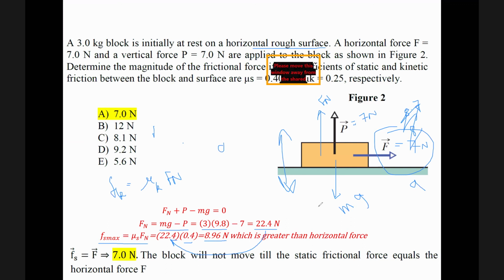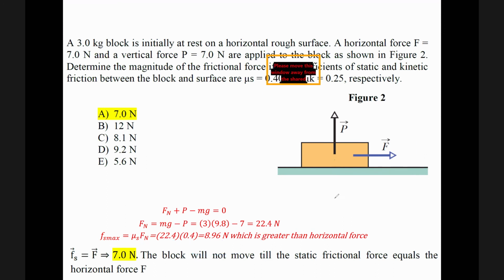Yes. Can you do it again? I can do it again. We need to invest another 5 minutes, which we don't have. I just want to say that I need first to calculate the cap. The cap is mu S FN, which is the FS maximum. I need a normal force to calculate it. I know I have the FG and I have a normal and I have